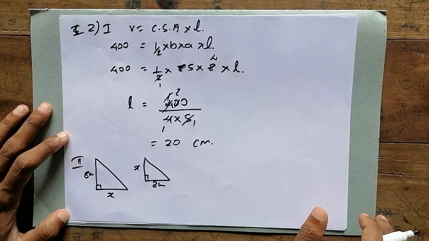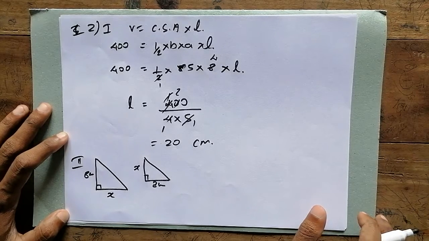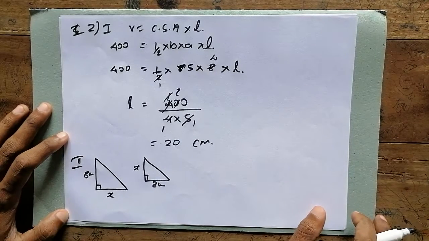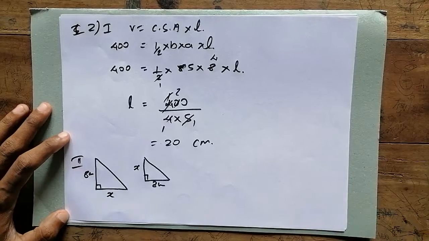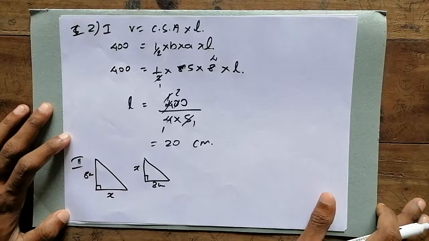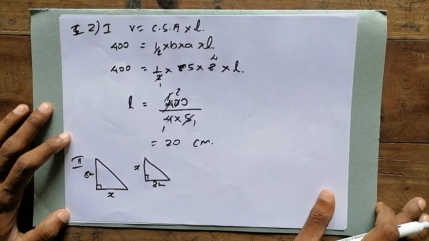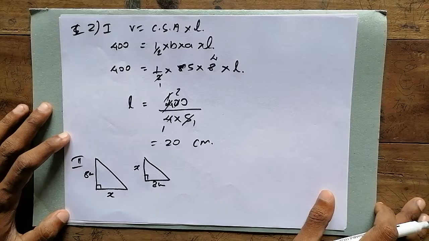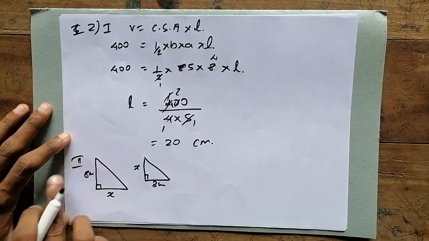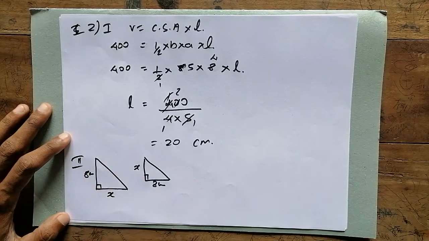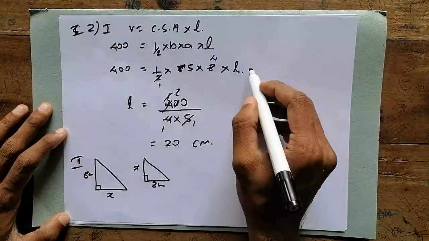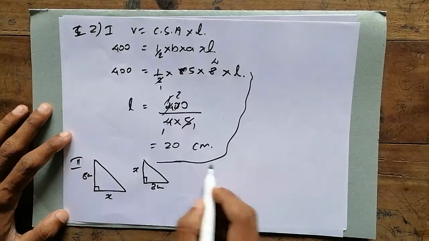Okay, the volume of the prism is given as 288. The height of the prism is given as 12. Height means we can take it as the length. Height, length, same. Okay, we need to find x. Here x is, if you draw the right angled triangle like this, its base or its perpendicular height. So we can go directly for the equation.